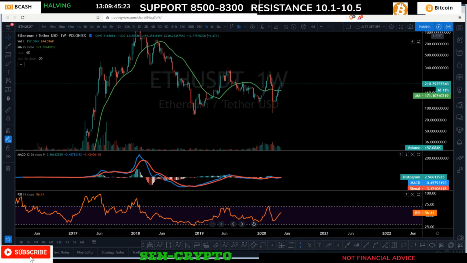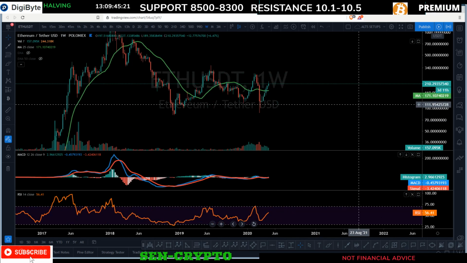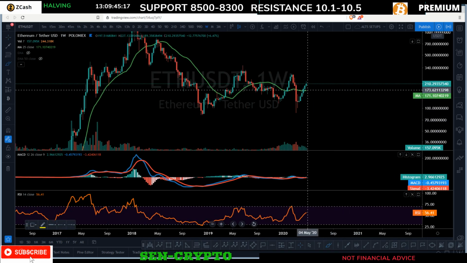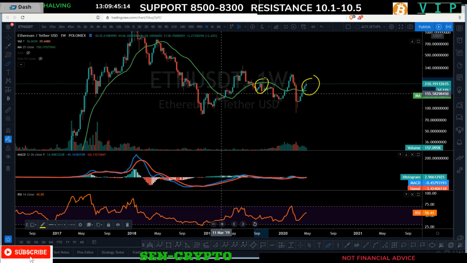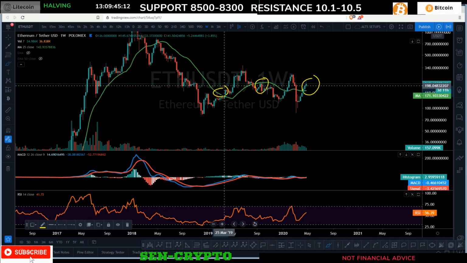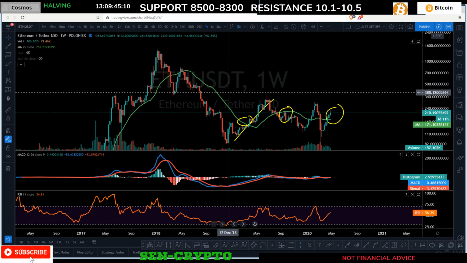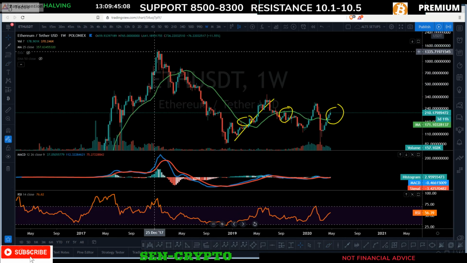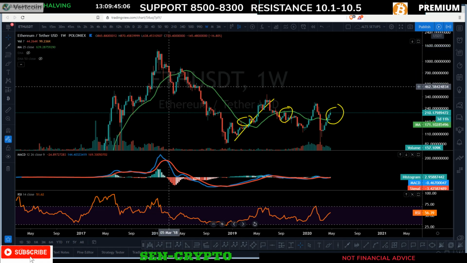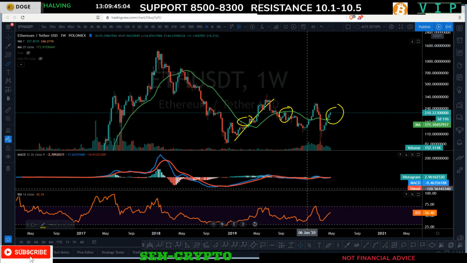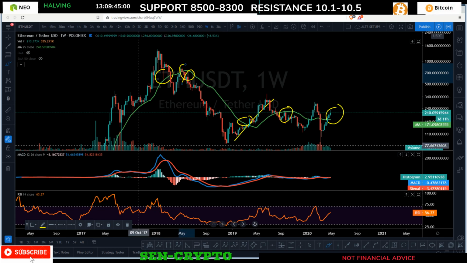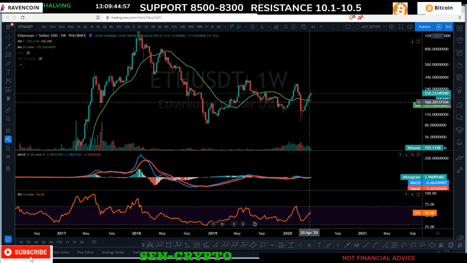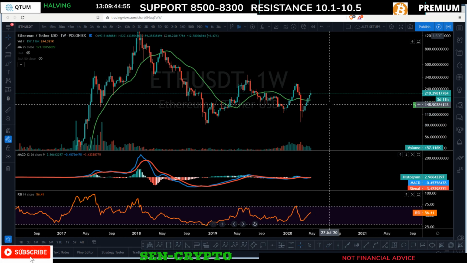So Ethereum, right? As you can see, the 25 MA is pretty much very clean. We previously got a rejection, then pushed to the upside after the 2017 bull market. As you can see how important the 25 MA was and is at the same time. So let's keep that in mind. Ethereum is still looking bullish. As long as we stay above this 25 MA, I wouldn't be too bearish on Ethereum.